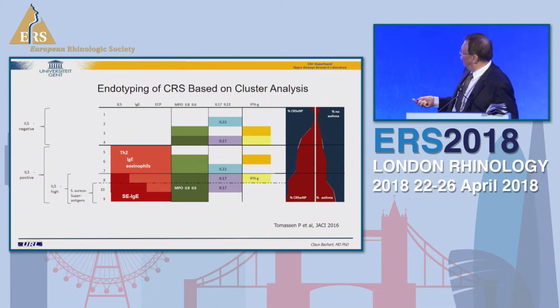These patients, non-type 2, are the majority of patients without nasal polyps. This is your daily bread and butter. The other side is the type 2, and these patients tend to have polyps. Not everybody has, but most of these patients have nasal polyp disease. And it's very important where you live. This is not the same everywhere in the world.